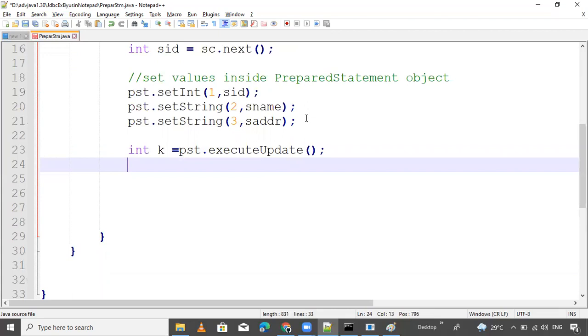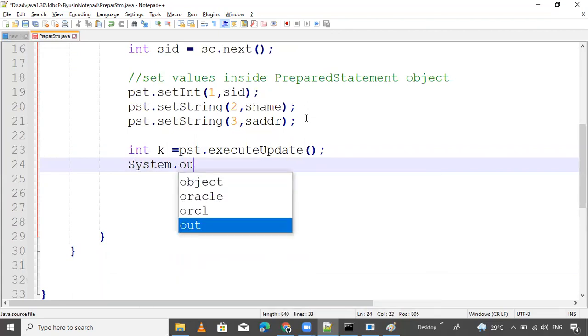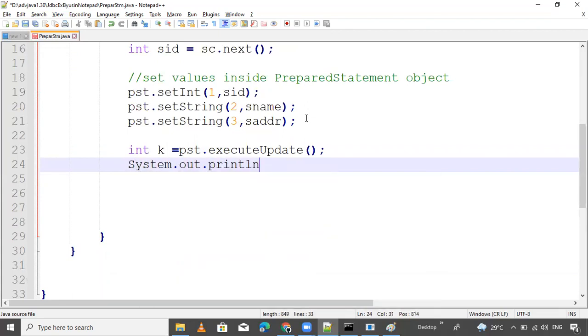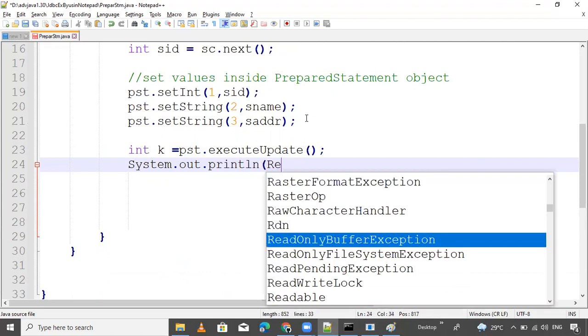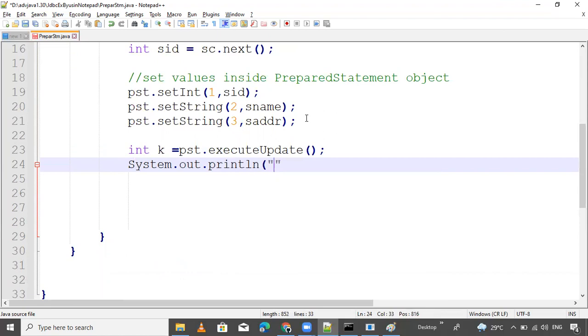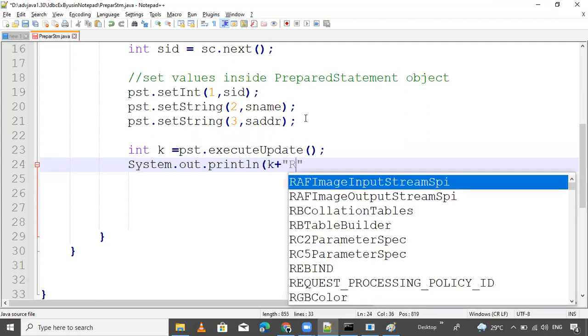That's why System.out.println. You can print "three record inserted", like two records inserted or three records inserted. k plus "record inserted".